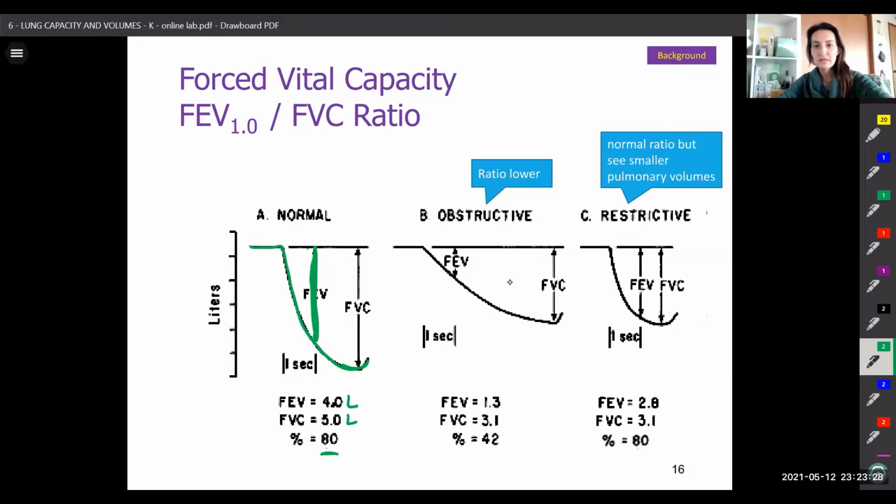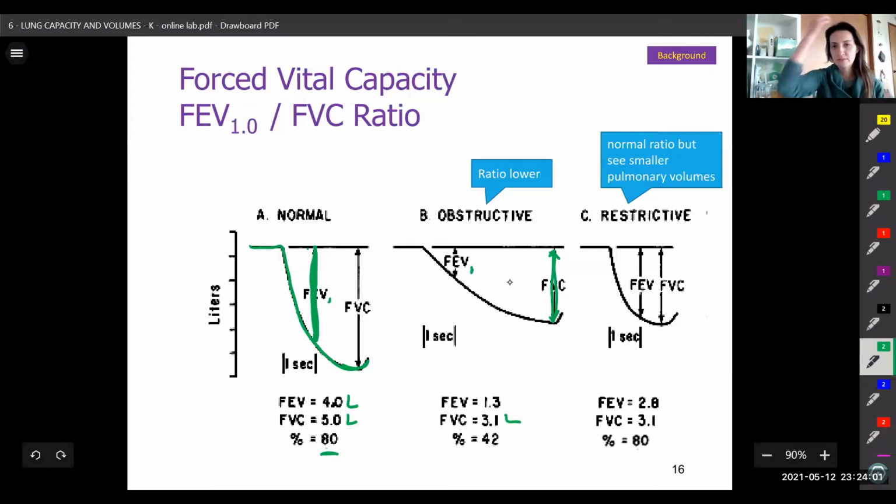The obstructive, now side by side, you can clearly see that their FVC, the amount that they are expiring in total, is much less than what it should be. That tells us that there's air trapping, that their residual volume is higher due to that air trapping. And so we get a value like this, 3.1 liters, for example. The FEV1,